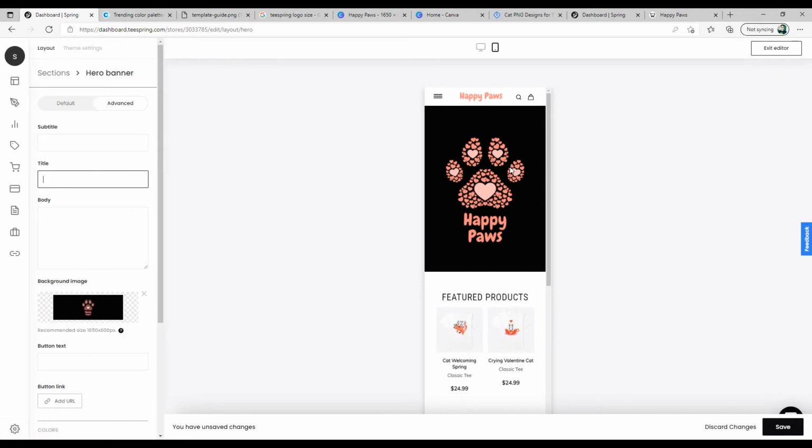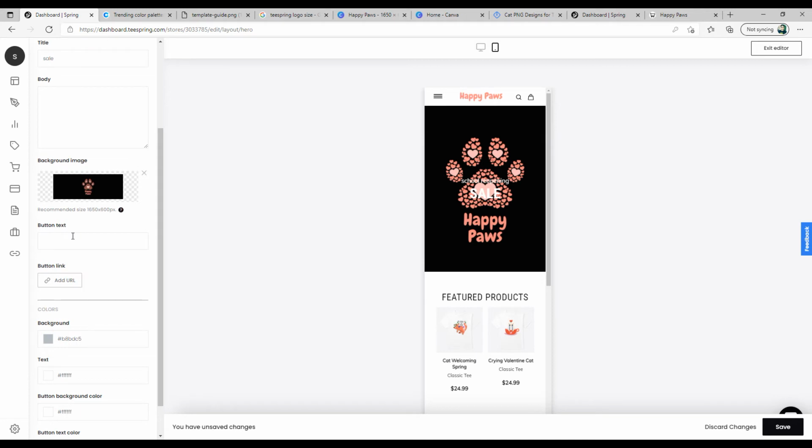You can always have a simple plain solid background and add a title, subtitle and body, so that all those things will be visible here. For example, sale would be a title, and then the subtitle would be school reopening. So maybe it doesn't fit well for this particular store, but I'm just giving you an example so that you can see how it is going to look finally. School reopening. So that can be a subtitle, and in the body you can discuss something more about what would be the offer.